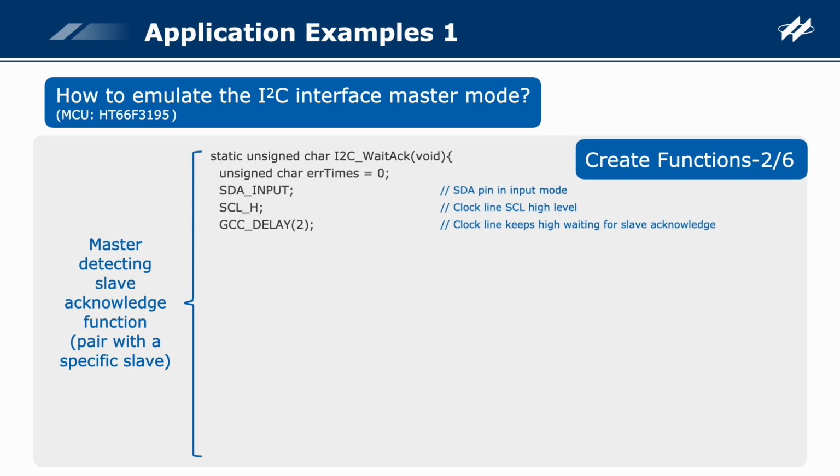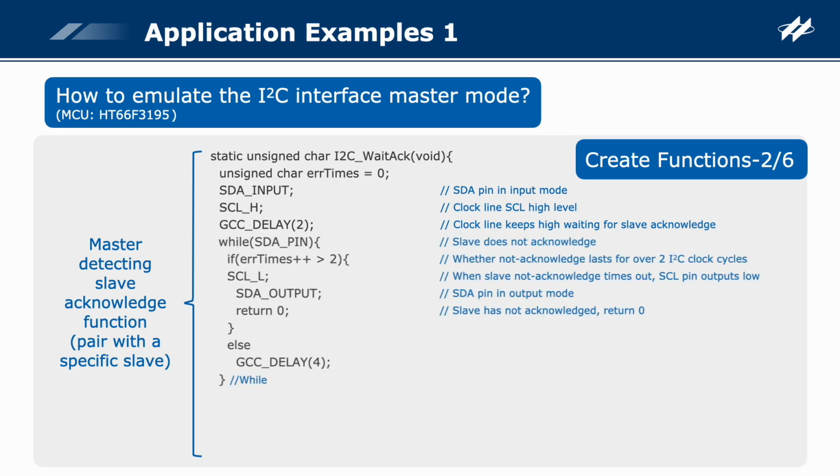First, set the SDA pin to input mode, then the master generates a clock signal that holds the SCL pin high for a period of time, then controls the SCL pin to output low. If the SDA is high during the SCL high level, the master will wait for a timeout period. If the SDA pin is not pulled low by the slave after the timeout period, which means there is no slave acknowledge signal, the master will pull low the SCL pin, set the SDA pin to output mode, then return